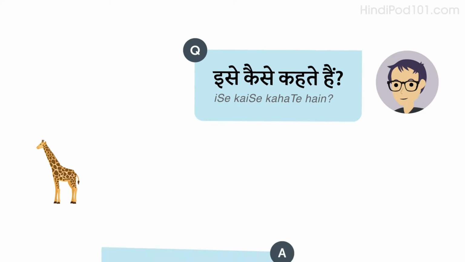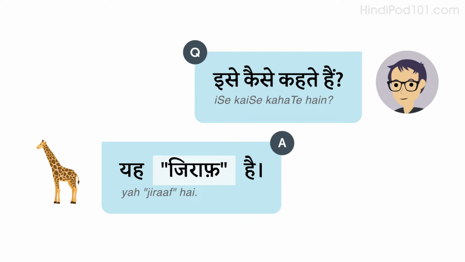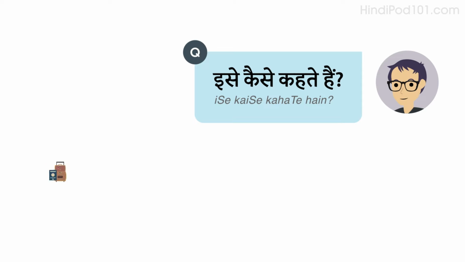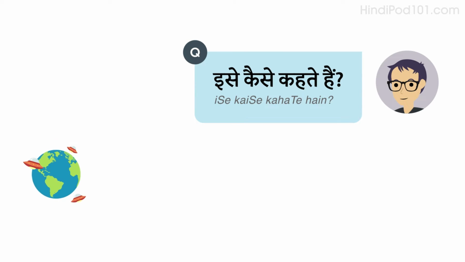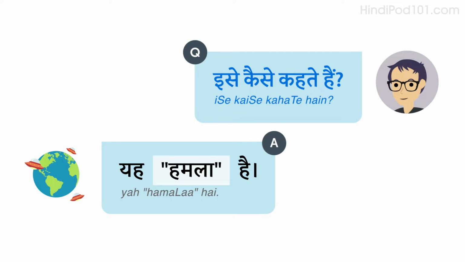Let's look at some examples. Listen and repeat or speak along with the native speakers. इसे कैसे कहते हैं? यह जिराफ है। इसे कैसे कहते हैं? यह यात्रा है। इसे कैसे कहते हैं? यह हमला है।